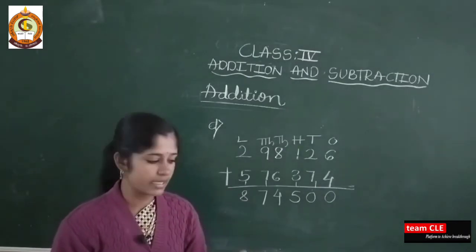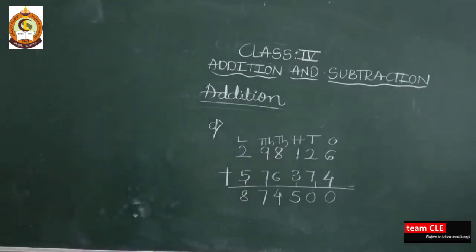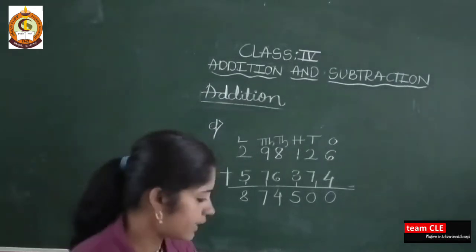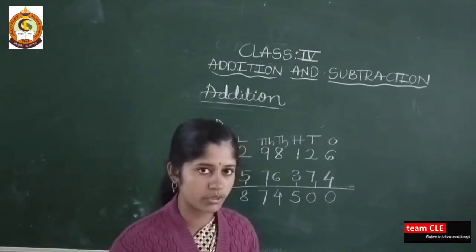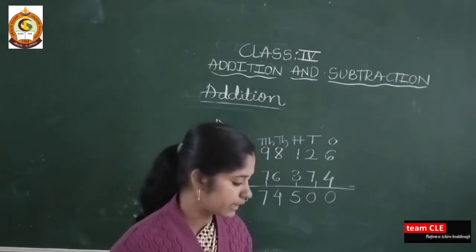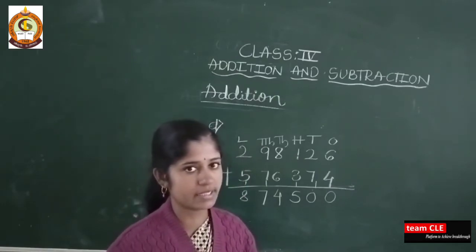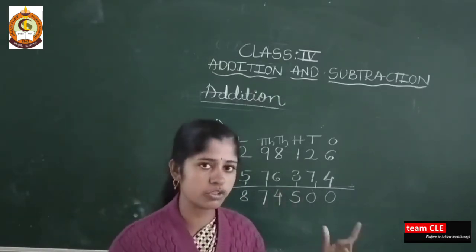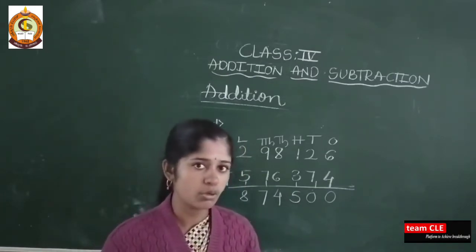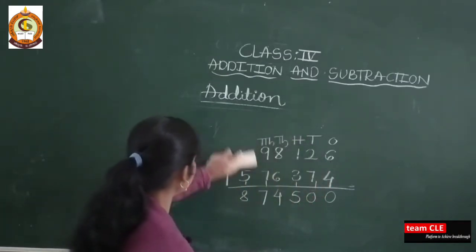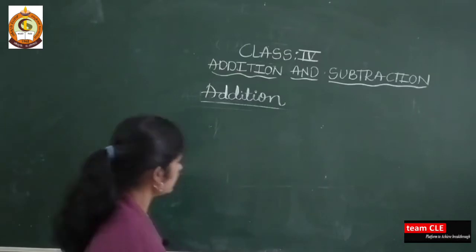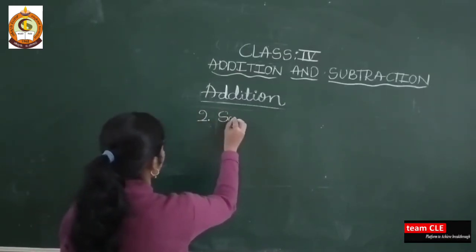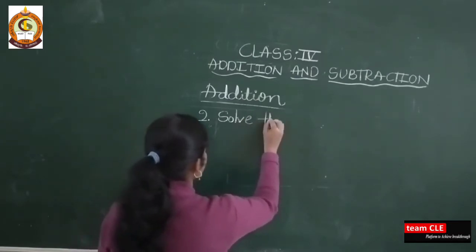Here 4 questions are there. I have solved 2 examples from your My Practice Time 1. The remaining you do as homework. And one thing I will make clear: how you added 2 digit, 3 digit, 4 digit numbers, here also you have to follow the same procedure, but here the digits are more. Next, I will take some more examples from your My Practice Time 1, the second one. Solve the following.